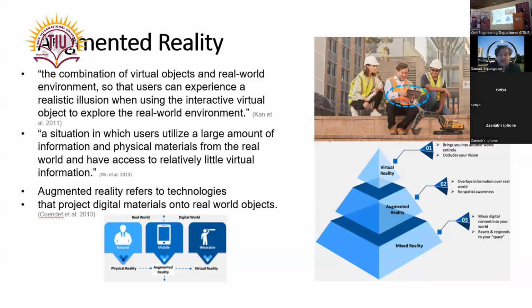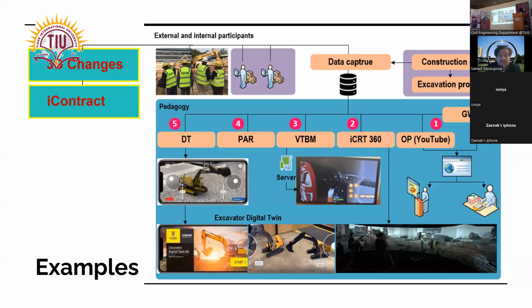You can see there are 5 different modules that we created. We are dealing with them, we are using them and updating them as well. So one of them are simple versions available on YouTube. The other one is like a virtual model that you can use in like a cylinder room in a cinema, iCinema or AR cinema, VR cinema. Number 3 is a virtual tunnel boring machine. So here, as you can see in that little image,